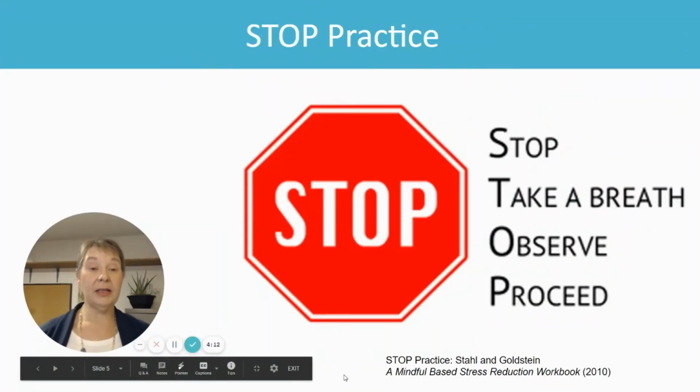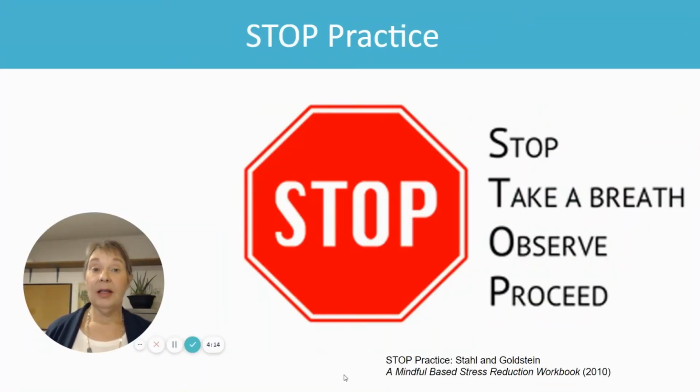The STOP practice is the acronym STOP. It's stopping, taking a breath, observing what's going on inside you and what's going maybe on around you, and then proceeding on. So before a test, you can have your students stop, take a breath, observe what's going on in their body, and you can even cue them in. You know, where are your shoulders? How's your face? Is it tight in your jaw? Loosen your jaw. So you can help them to run through things that they can observe within themselves,